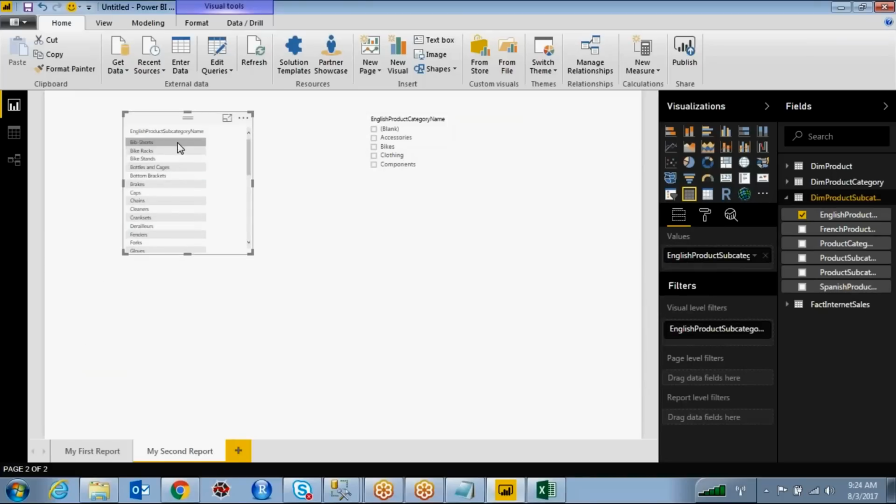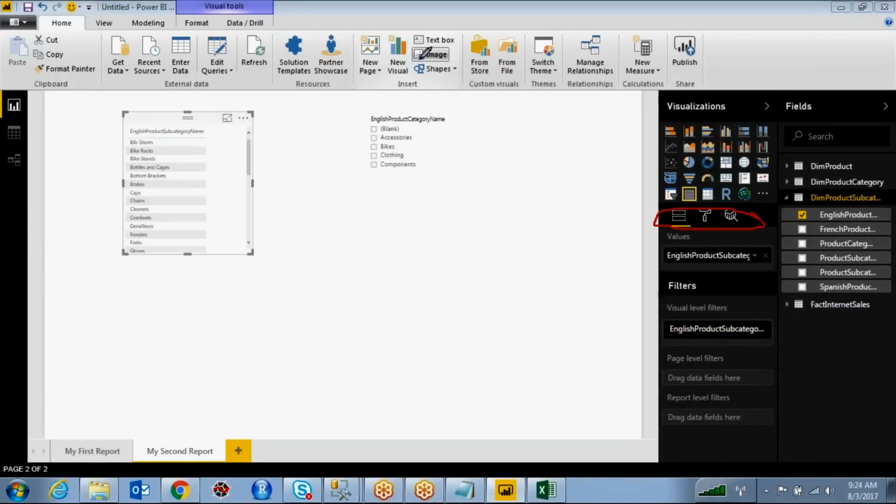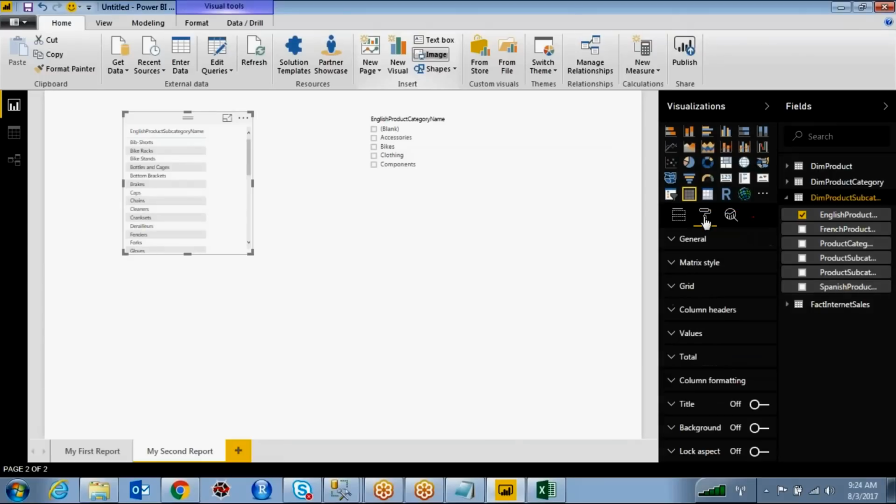I want to make it bigger. If you want to make it bigger, you have to change every option over here. Just go to the second one. Here you can change the values.